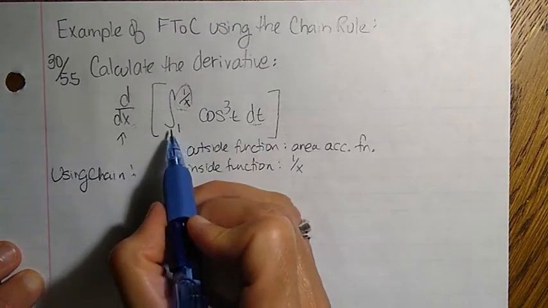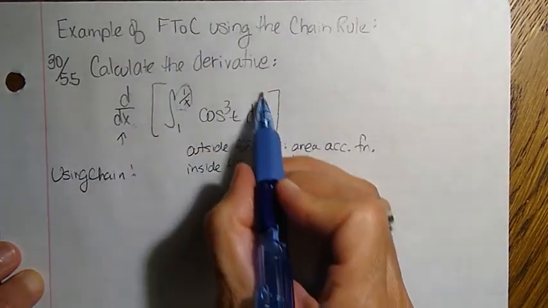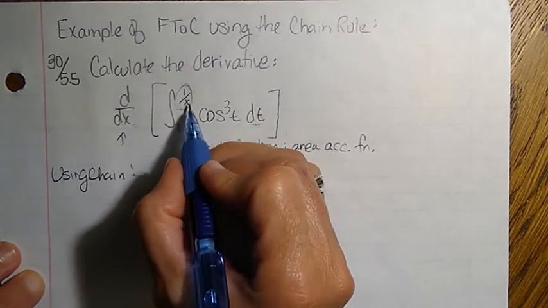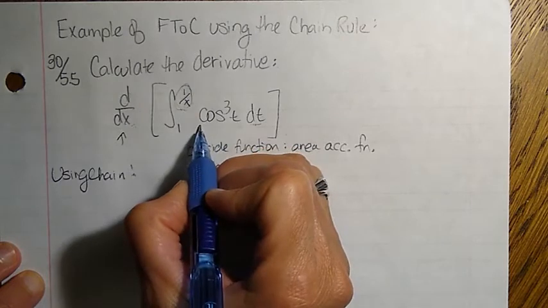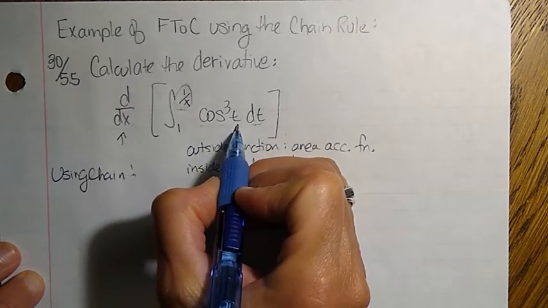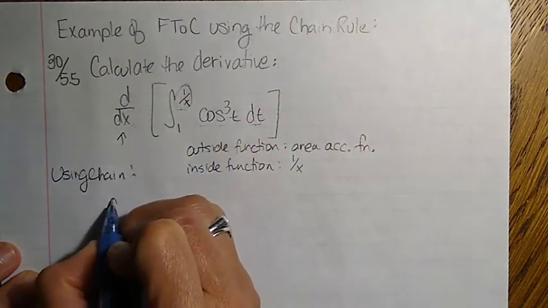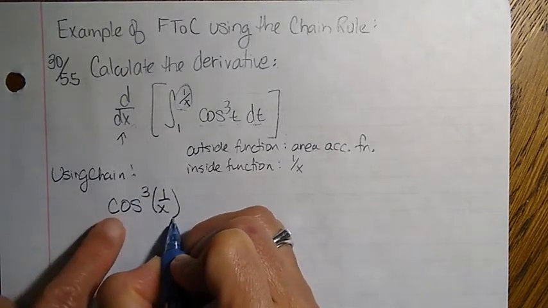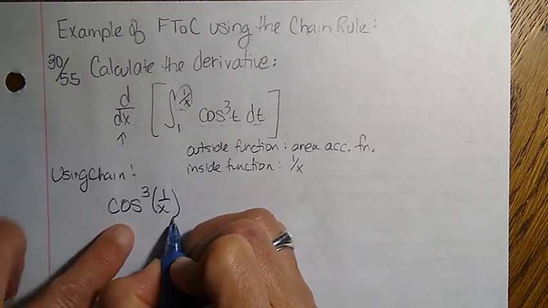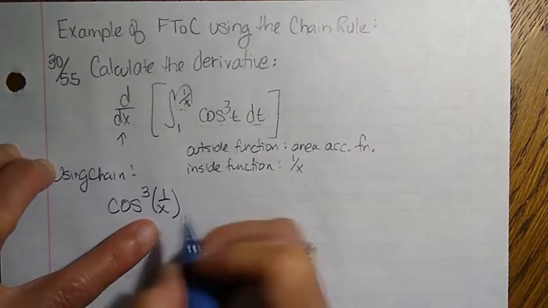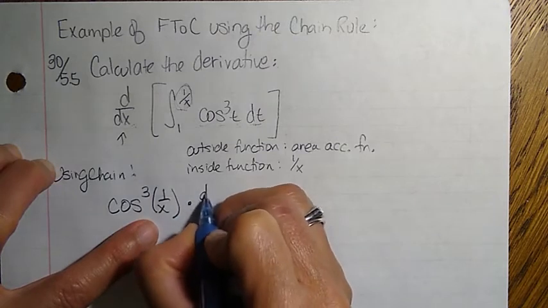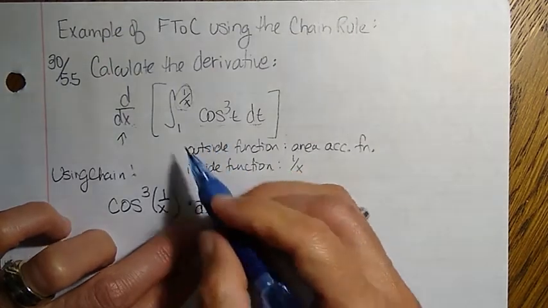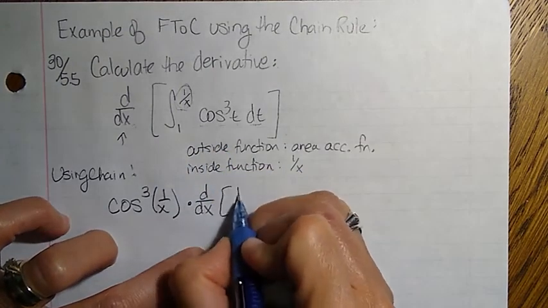Okay, so now we're going to apply the chain rule. We take the derivative of the outside function, which is the area accumulation function, with respect to x. How do you do that? You just evaluate the integrand at the upper limit of integration. We evaluated the integrand, which is cosine cubed, at the upper limit of integration. Then we multiply, and I'm going to do it in steps just so that we can see it. Then we multiply by the derivative of the inside function,